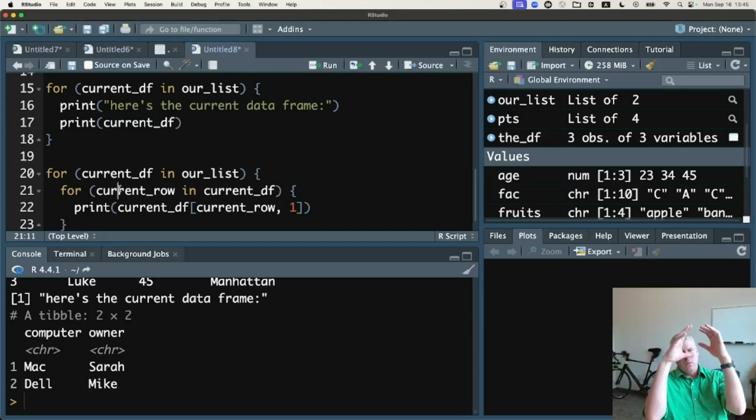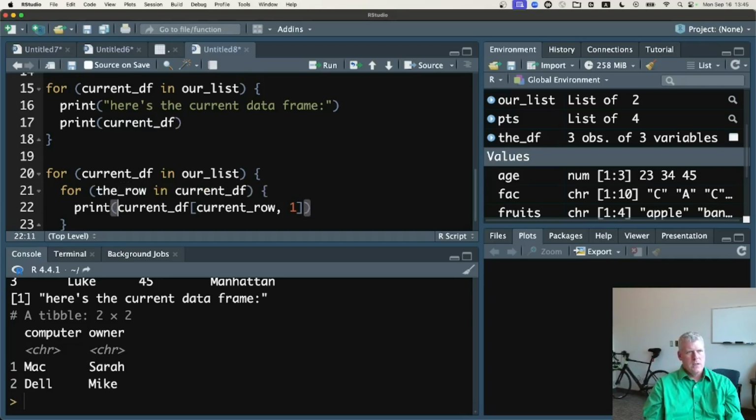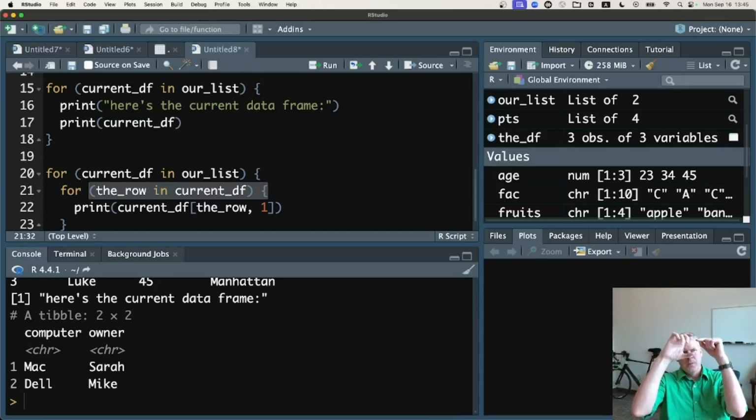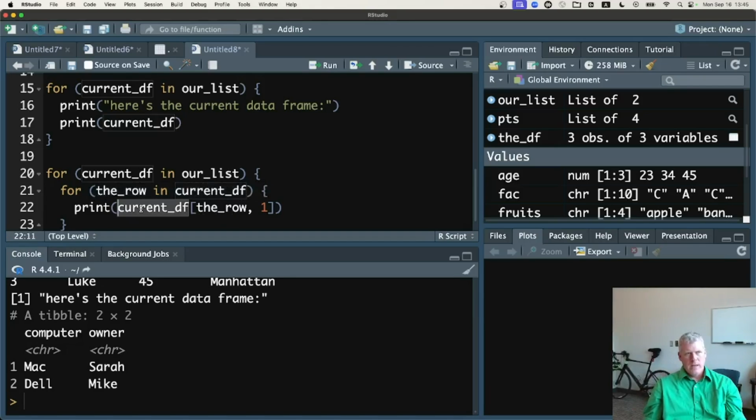So when we go through each element of the list, we're looking at a data frame at each one. And when we're looking at the current data frame, we want to go through each row. It might be a little easier to see what's happening here if I don't use the word current twice. It's a little confusing. If I just say the row in current DF. So we're looking at the current DF, like the first one on the first iteration through the list. Let's loop over all the rows in that data frame. So we're going to index into the current DF at that current row, and then,